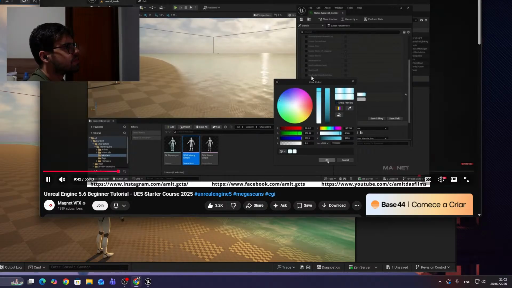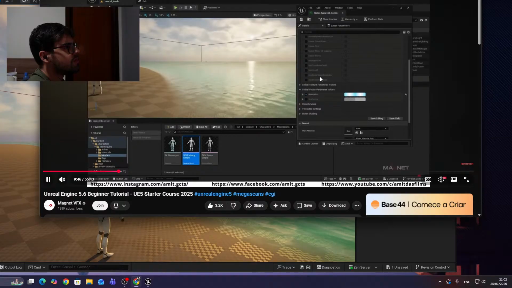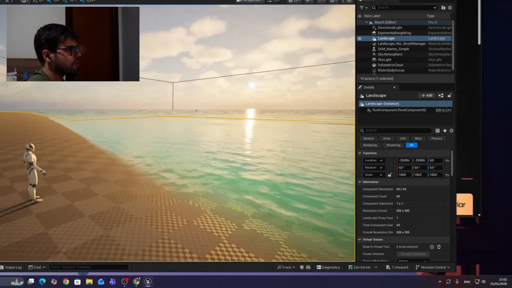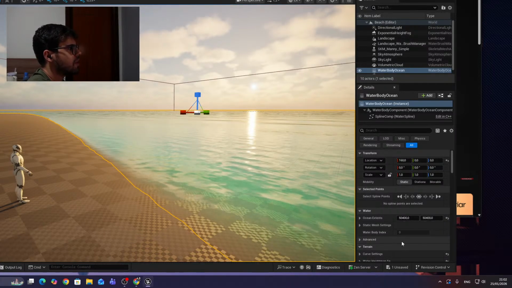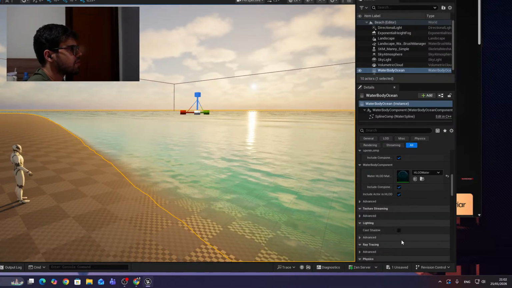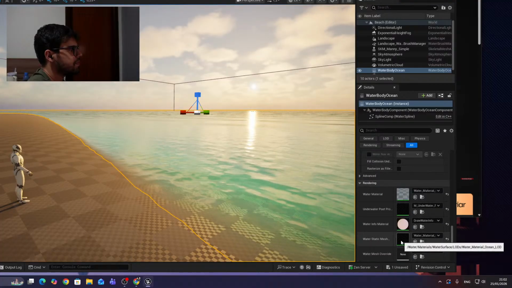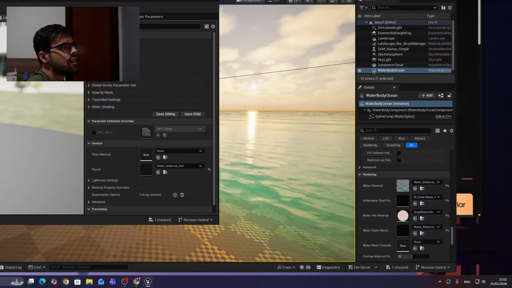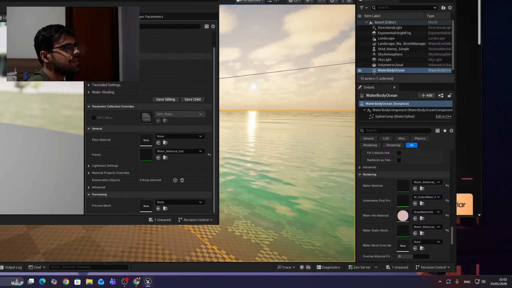And then click OK. So in that way, we get this kind of nice blue water here. Alright, so let's follow here. Let's create the body of ocean. Let's go below to the material. Water material, it's this one. Here, we should